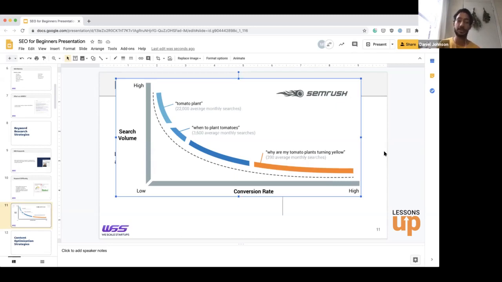What I generally recommend is that people optimize for long tail, at least at the beginning, because it's actually easier to rank for long tail keywords that have higher intent than it is to rank for shorter keywords. And as you build your presence and your SEO status for your website, you can start ranking for short keywords that have lots of search volume but might be lower intent. Let me know if that doesn't make sense, and I'm happy to answer more of that in the Q&A at the end.